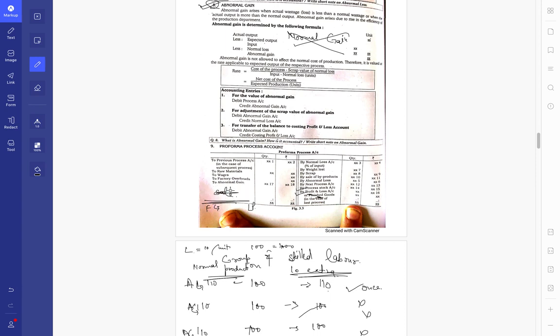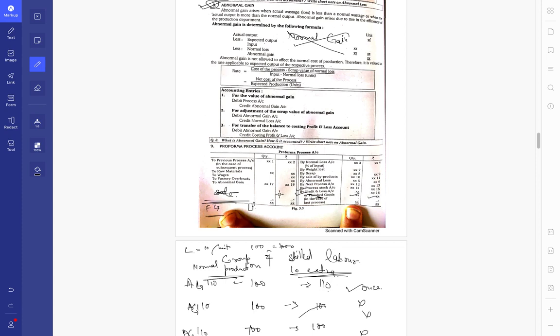Sale, you may have understood that if you sell the goods, you will be transferring it to P&L. Any profit arising out of that sale, you will be transferring to P&L. And at what rate? I'll explain the rates. The quantity which is sold and the rate at which it is sold, that will be the amount at which we are transferring it. Now, the finished goods and process stock.